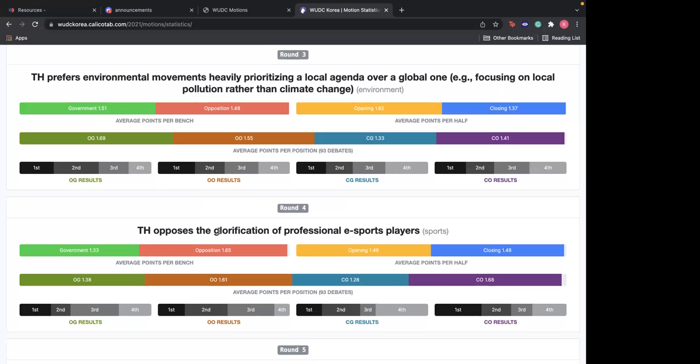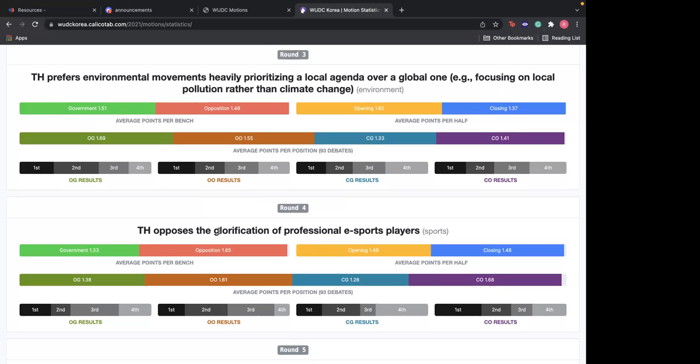Which means it's not a good idea or a rational idea to become an esports player, but the glorification makes it seem like a very good idea to kids. And kids are going to actively harm their health and their potential future by trying to become esports players. This is an argumentation in support of why we should oppose something. And this is what an opposed motion tries to ask you.